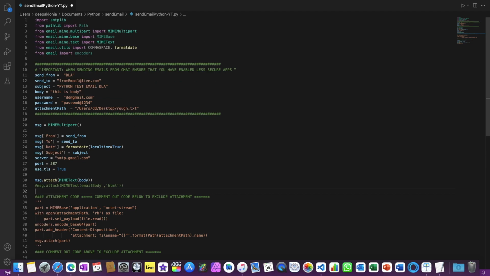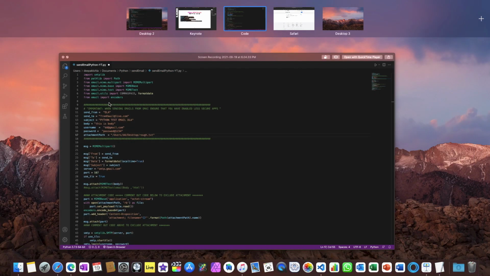Then you have to modify a few things here. Send from, so you can amend this, then send to this email, and then the subject line, and then the body of the email, then the username, the account which we created, those username and password should come over here. So let me just jump to the PPT.